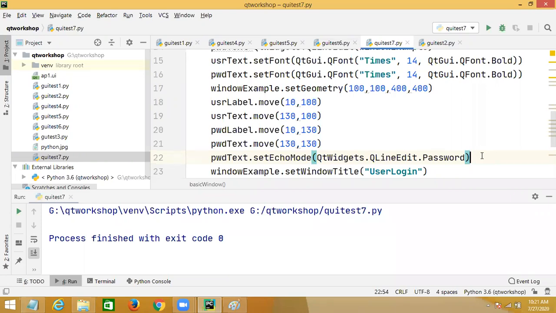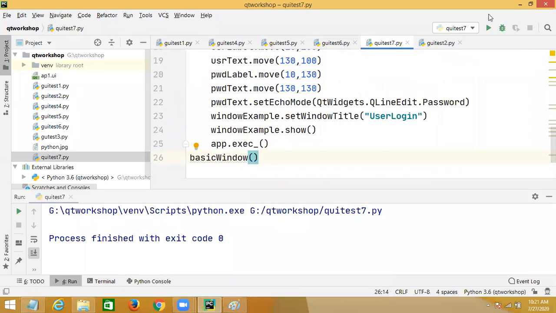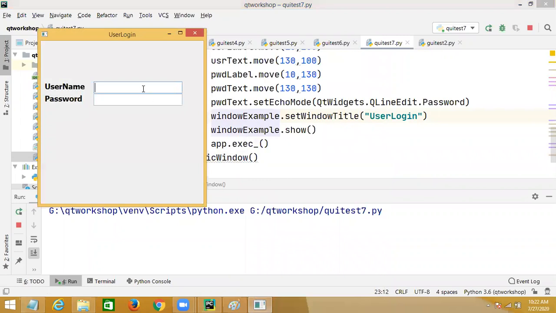I think this should work now. So here we are trying to input two things: one is a username and one more is what? Password. I'll try to execute now. I'll input username, some Naresh, and the password NIT123. Now is the password visible here? No, the password is not visible, right?